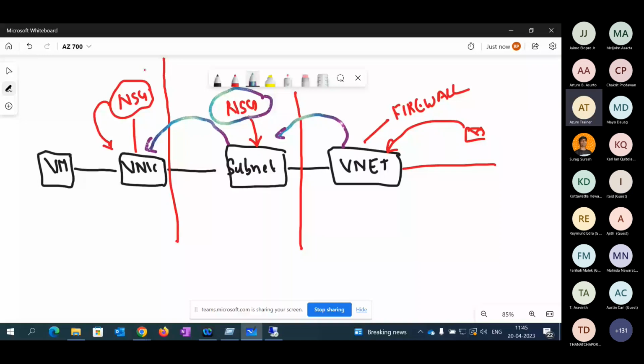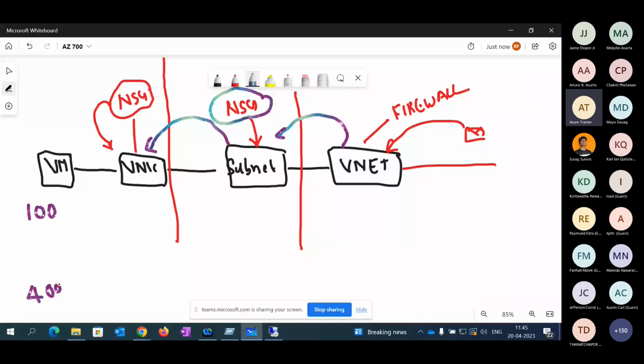Now, a couple of points you need to remember here. Whenever you configure an NSG, it is configured with a priority, because if you're configuring n number of rules inside a cloud, we should know at which level each NSG rule is processed. So the NSG rule always starts from 100 and ends at 4096.